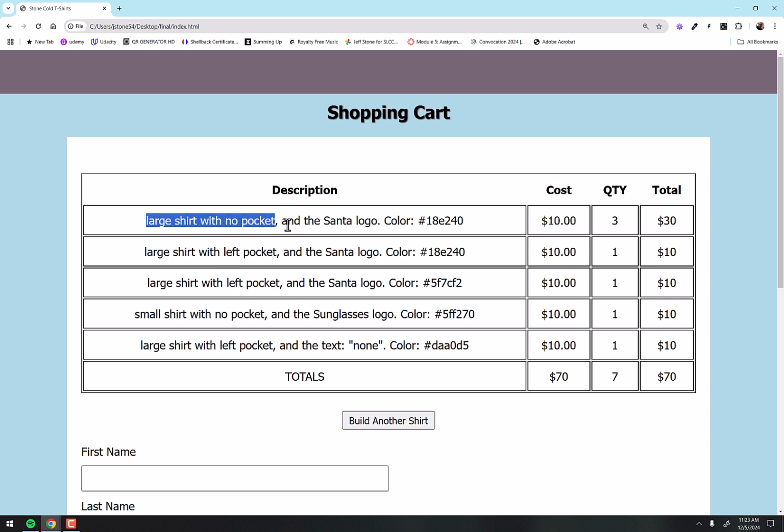Now remember that shirt we dropped in there the first time we did it 3 times? That gave us 3 there and 30. And then the other shirts, we only did 1 of each. Now each of these is an object, and I have an array with all of the objects in it. And I'll even give you a little bit of a hint here. On the drag and drop, when I drop it into the cart, my event handler that handles the drop will push an object that matches all the pieces that we designed on the page into an array. And so every time I do that drop, it pushes it into the array.